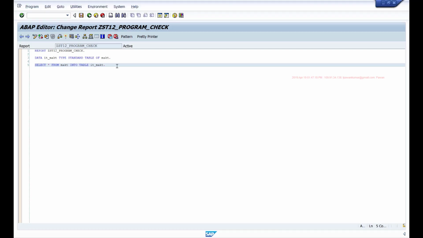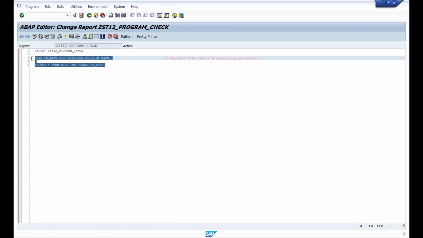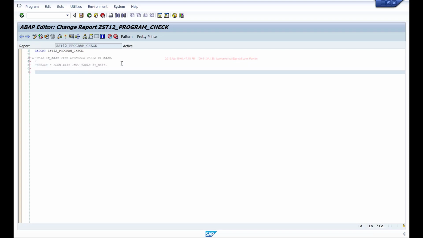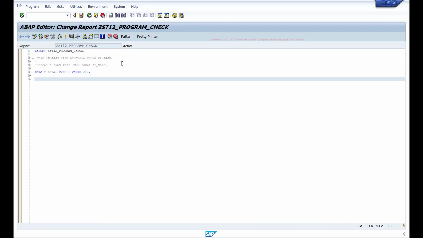So to create one short dump, let me quickly do something. I'll create two data objects. Let's say v_total type I, value 200, and v_quantity type I, which is 0.